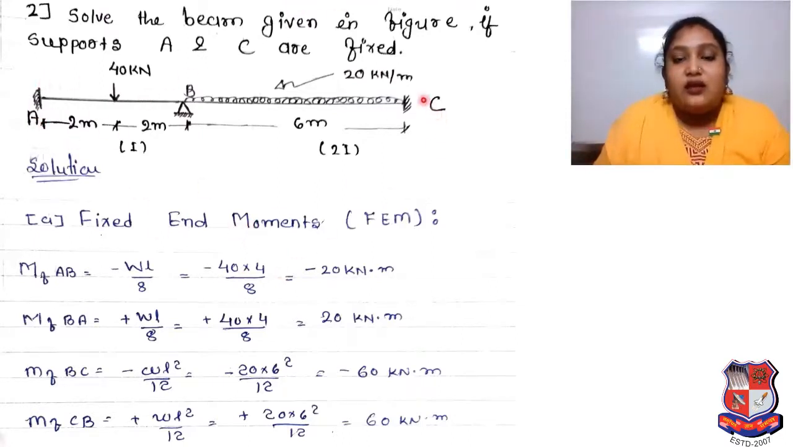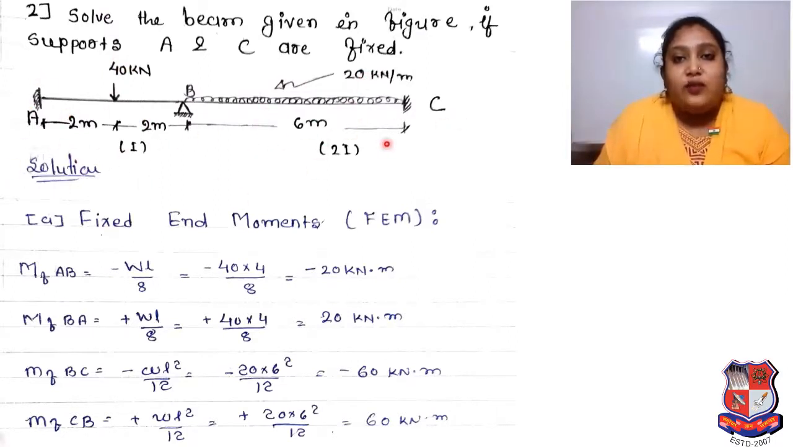here you can see it is a fixed beam. In the previous one it was simply supported. Okay, so solve the beam given in the figure if supports A and C are fixed. So the A support is fixed, the C support is fixed, ABC having span AB 4 meter, here 6 meter, here a UDL is there, here 40 kilonewton, 20. It is similar data, but the thing is that both A and C are